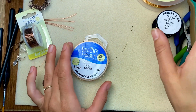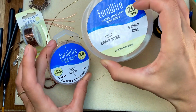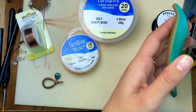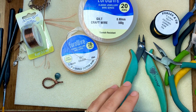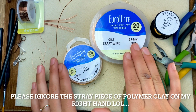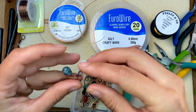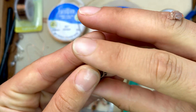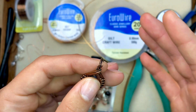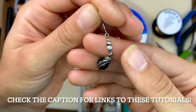So now that we have covered wire, which is a dead soft copper or copper plated wire, we have covered your tools. Now I just want to share with you guys some of the things that you can make with these types of wire. Let's see what I got in my little jewelry box, like I showed you right here. If you want to learn wire weaving, this is a cool thing that you can make using everything that I've showed you here today. If you just buy some little beads,